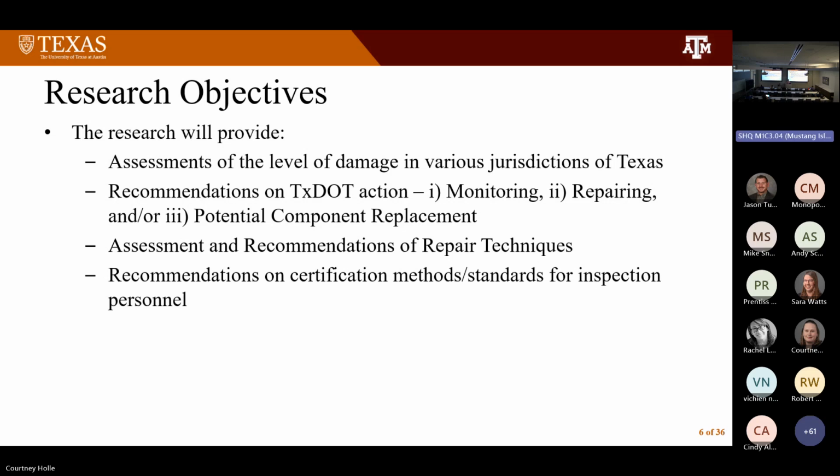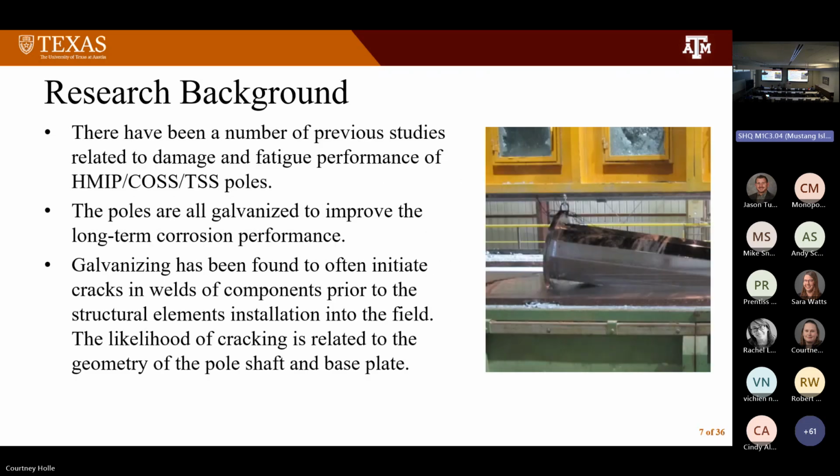Also, some of this is trying to get out and find these cracks. A lot of times they're usually not visible by eye, which means you need to have an inspection technique to actually find some of those cracks. And some of that is just trying to train individuals to be able to find some of these. They can be somewhat difficult to find, which is something we're also working on in this study.